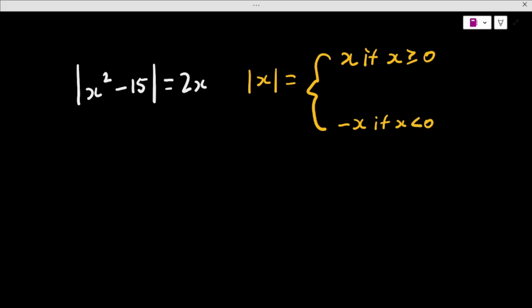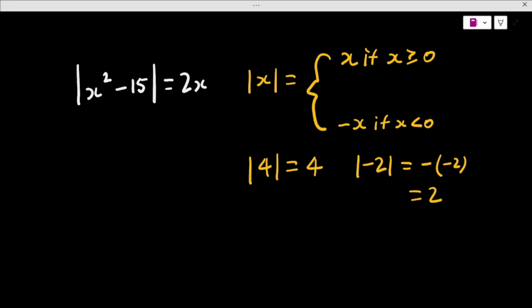Okay, so let's try some examples. The absolute value of 4, what is it going to be? Well, 4 is greater than 0, so that's just going to be 4. What about the absolute value of negative 2? Well, negative 2 is less than 0, so it's going to be the negative of negative 2, which is equal